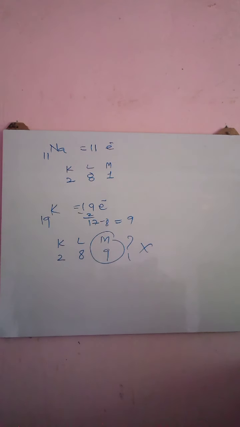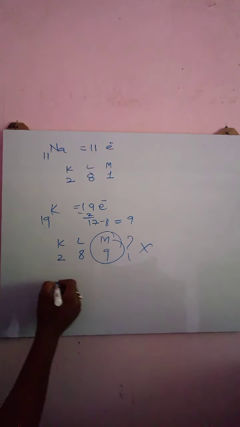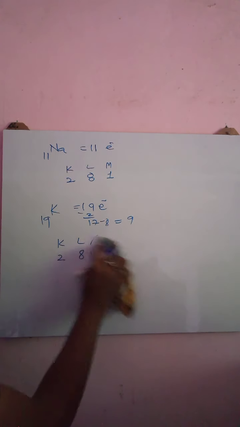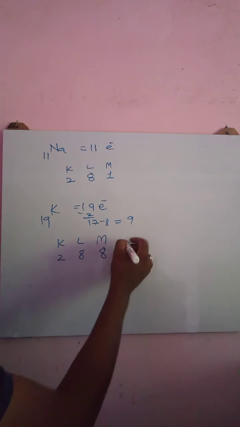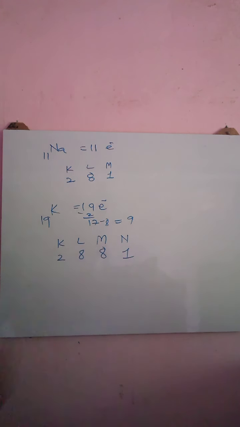No, this is the wrong way. We cannot fill 9 electrons into the M shell because in the second point of the Bohr-Bury scheme I told you all, a maximum of 8 electrons can be filled into the outermost shell. So if you fill 9 electrons into this M shell, the M shell will become the outermost shell and it will violate the rule of the Bohr-Bury scheme. That's why only 8 electrons will be filled into the M shell, and the remaining will go into the N shell. Now it is following the Bohr-Bury scheme.